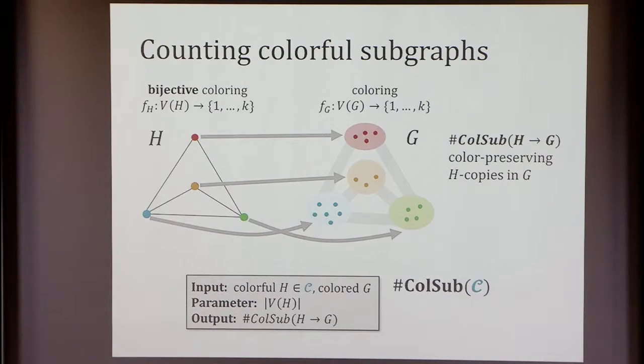And this is kind of useful because you can see that this colorful subgraph problem can always be reduced to the uncolored subgraph problem by an application of the inclusion-exclusion principle. So essentially you get an FPT reduction, and this reduction really needs FPT time. We can't get it in the polynomial time setting. You get an FPT reduction from the colorful problem to the uncolored problem. And this is extremely useful